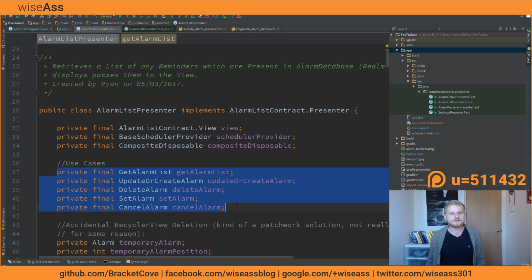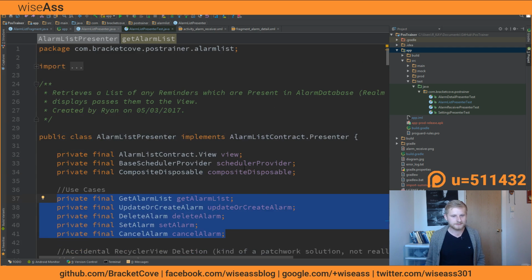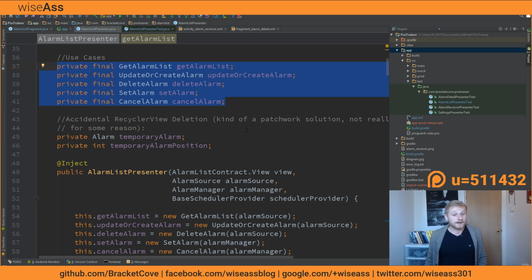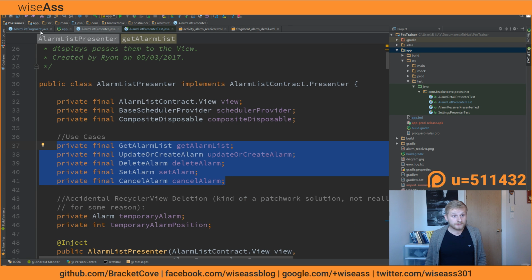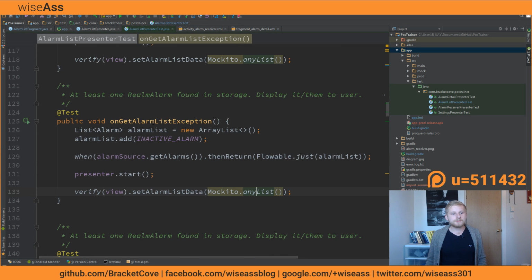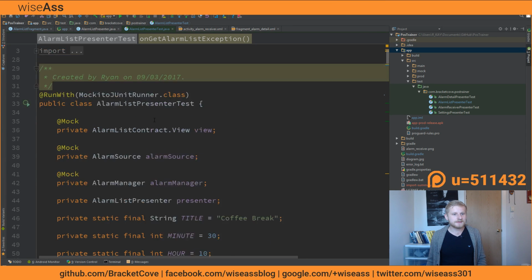Just pretend that this is all one giant model layer, though it's actually better to divide it into different things. Essentially, what we've got going on here is a presenter which needs to talk to these things.